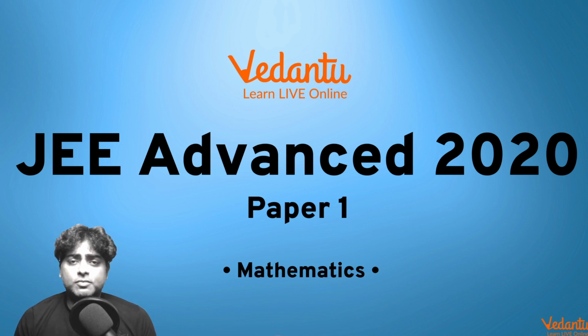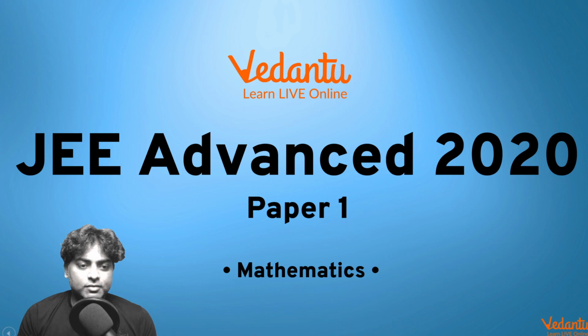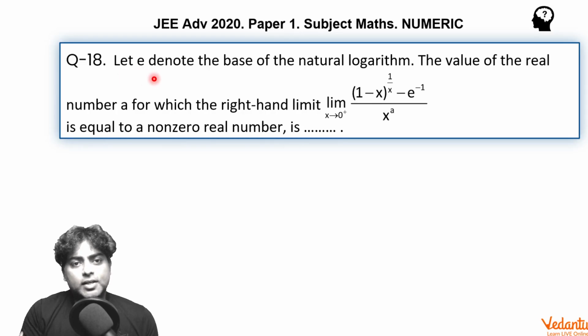We are presenting solutions for JEE Advanced previous year's papers. Here I am going to present a question of limit which was asked in JEE Advanced 2020 Paper-1. Let's have a look. It says, let small e denote the base of the natural logarithm. The value of the real number a for which the right hand limit of (1 minus x) whole raised power 1 by x minus e raised power minus 1, upon x raised power a, as x tends to 0 plus